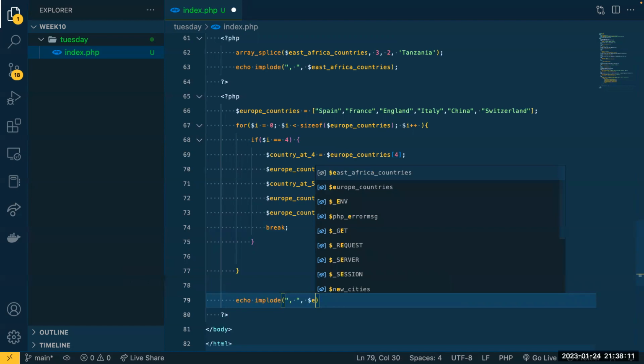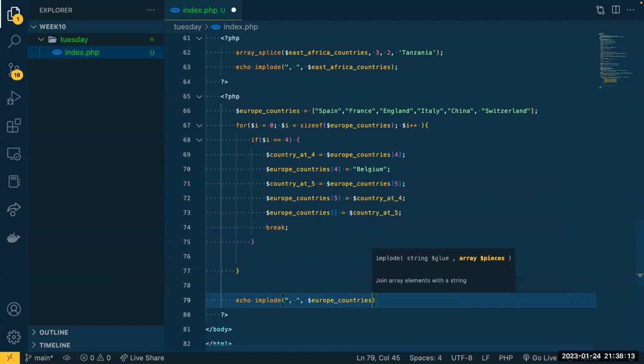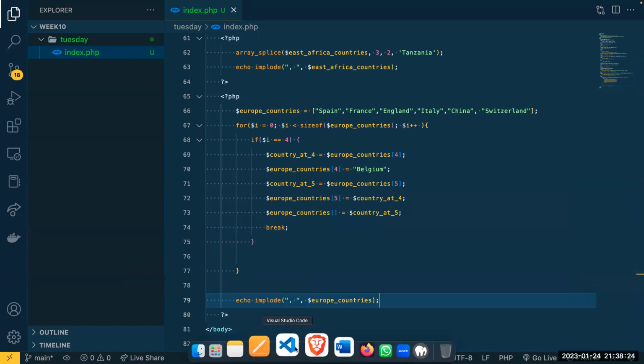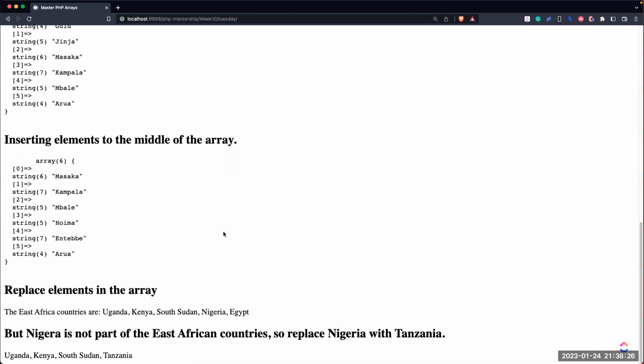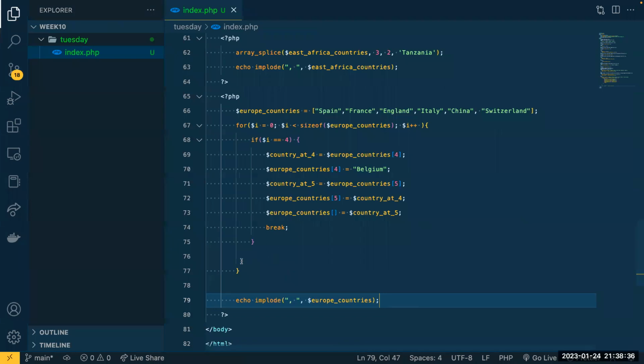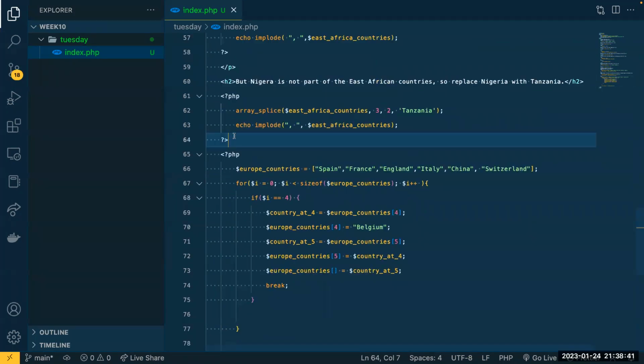Europe countries. Okay, let's test and see. Do you see that? So wait a moment, guys. I need to put a paragraph on this so that we